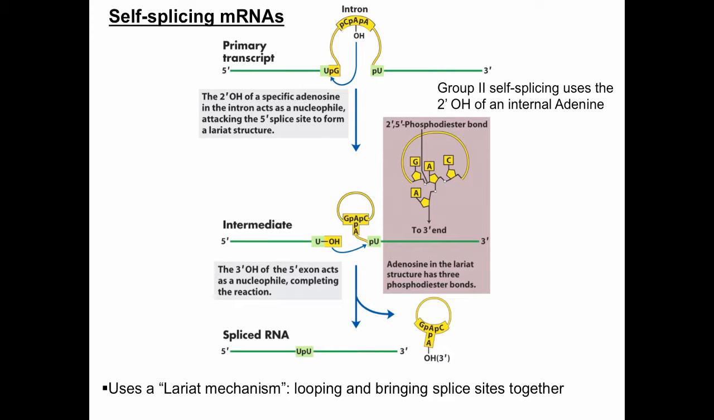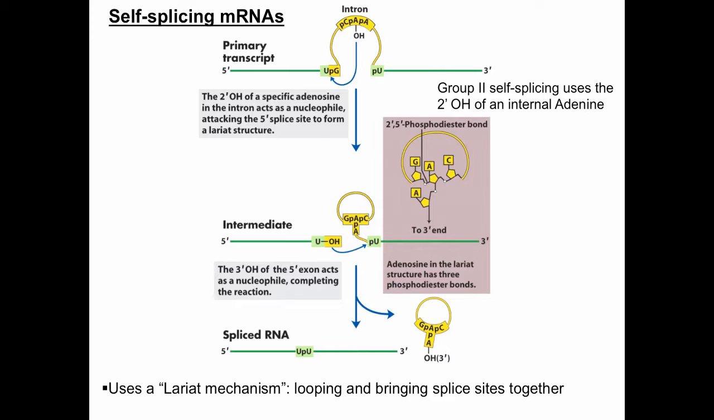Okay, so that's the group 1 self-splicing mechanism. Again, it's going to use this free guanosine. For the group 2 self-splicing mechanism, rather than using that free guanosine as the source of the nucleophile, the source of the nucleophile in the group 2 self-splicing mechanism actually is the 2' hydroxyl group of an adenine that's located within the sequence of the intron. And so it's very, very similar to the mechanism of the group 1